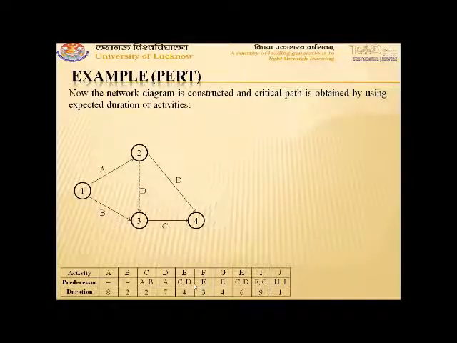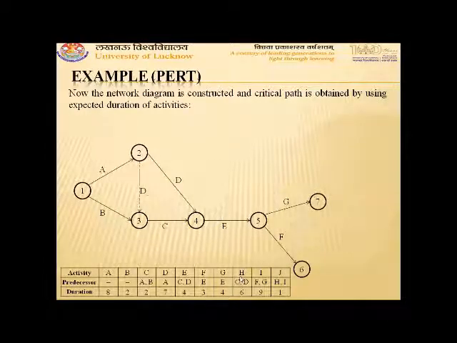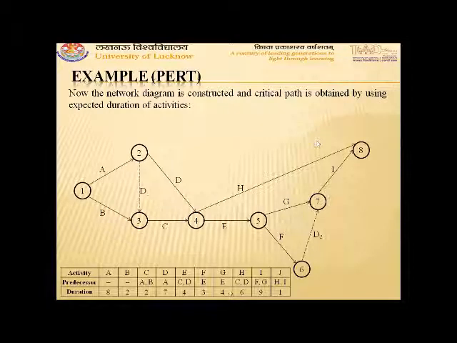Since C and D are both common predecessors of the two activities E and H, both are merged on the same event, that is, both are completing on the same event. Then from C and D, E is drawn, from E, the two activities F and G, then H. Then F and G are predecessors of I, so one dummy is constructed and I is drawn. Then H will end on the last event, that is 8.